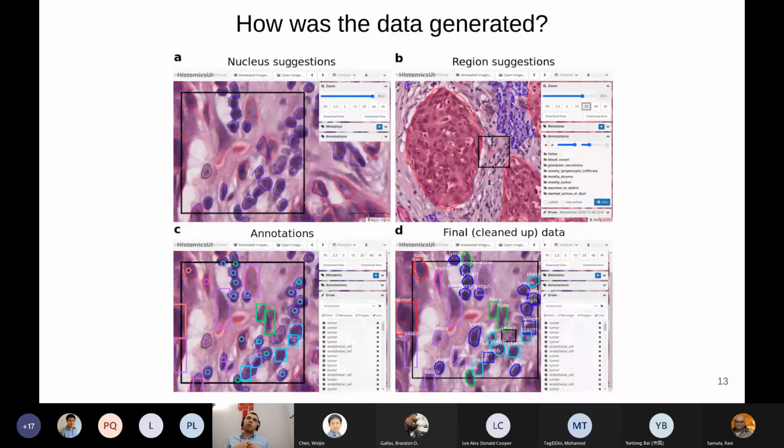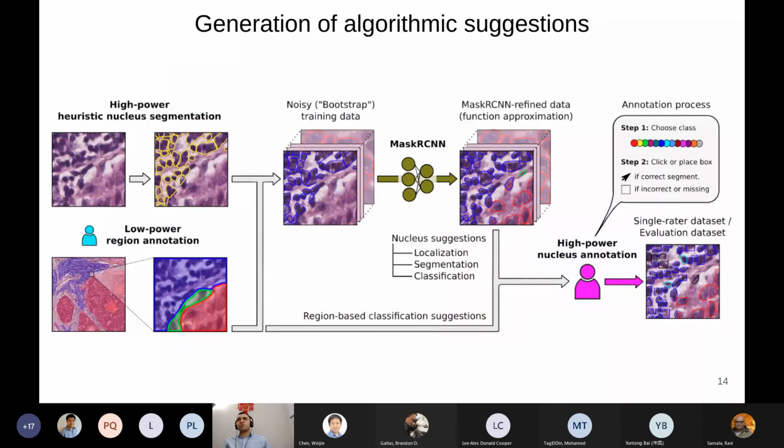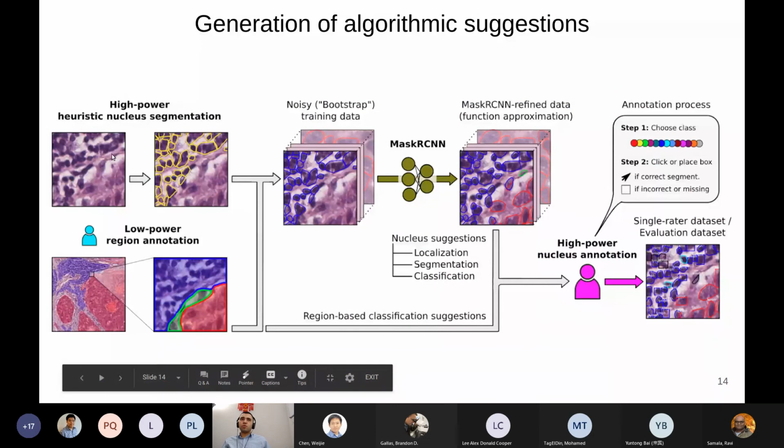But we argue, at least, that it's better to handle having this kind of mixed data than to really ask people to go ahead and draw boundaries manually, because that's a very time-consuming process, and it's actually one of the limitations, one of the reasons this field has been kind of slow to generate data of a large scale. We argue that you should handle this kind of data algorithmically, as opposed to ask people to just invest more time. So the way the suggestions were generated, I'm not going to go through the details, but we used a